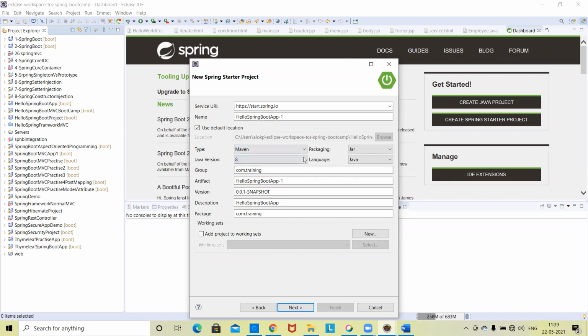Versions 9 and 10 had only very minute changes. It is not advised to use the latest version. Better you work with Java 8, it will be better for you.